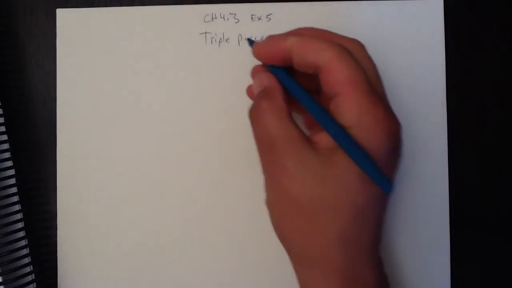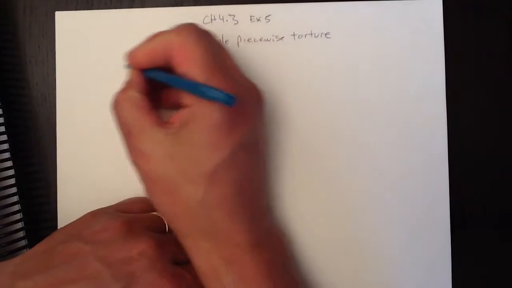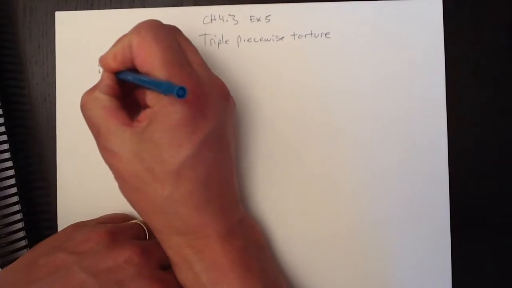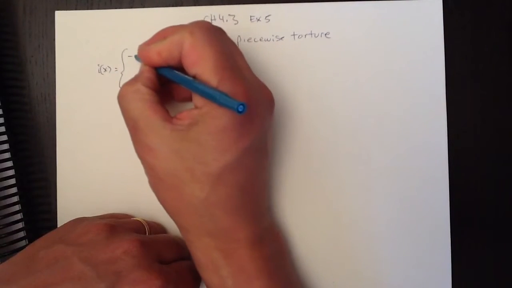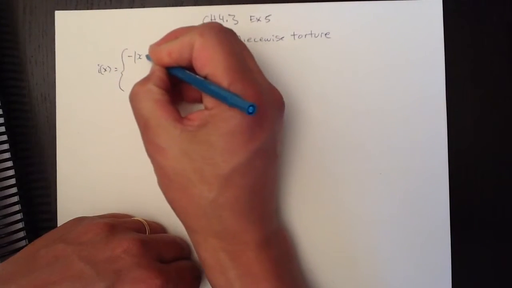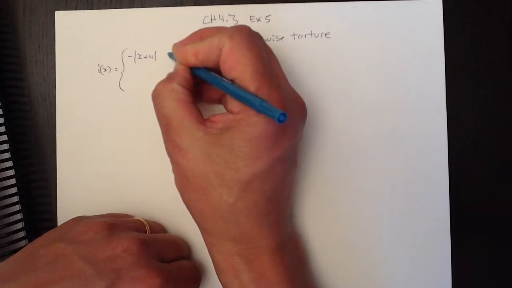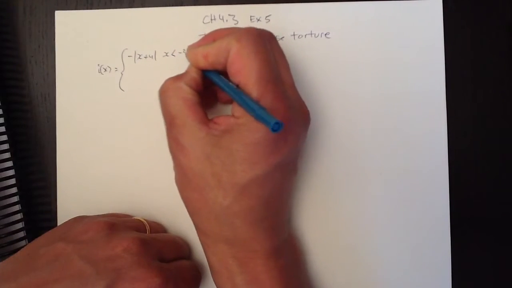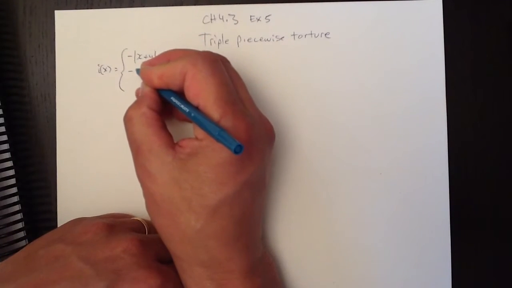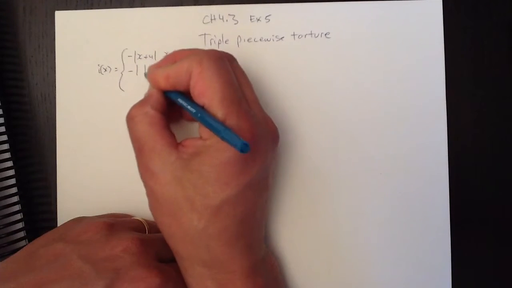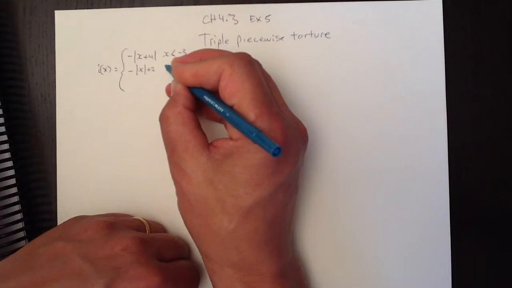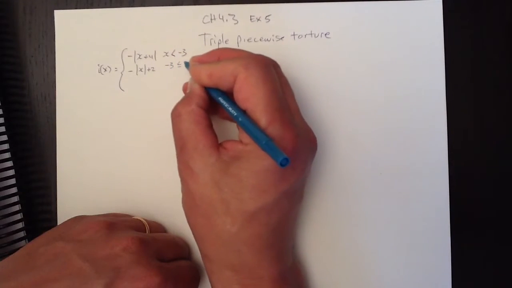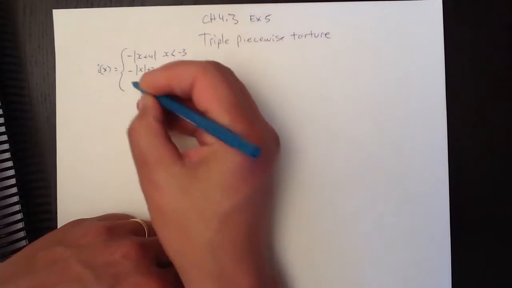So if I write this one out here, which is going to take a little while, I of x equals all this, negative absolute value of x plus 4 when x is less than -3, and it's negative absolute value of x plus 2 when -3 is less than or equal to x, which is less than 3,